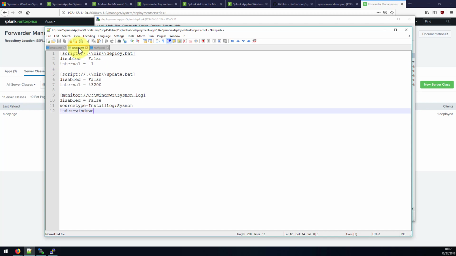Next, we're going to look at the TA for Sysmon deploy, and this one's going to give us a couple of things. We'll go ahead and make sure that these are set to disabled equals false for all three. So the first one is the deploy. The deploy batch file will take the binary that we will upload here in a moment and push that